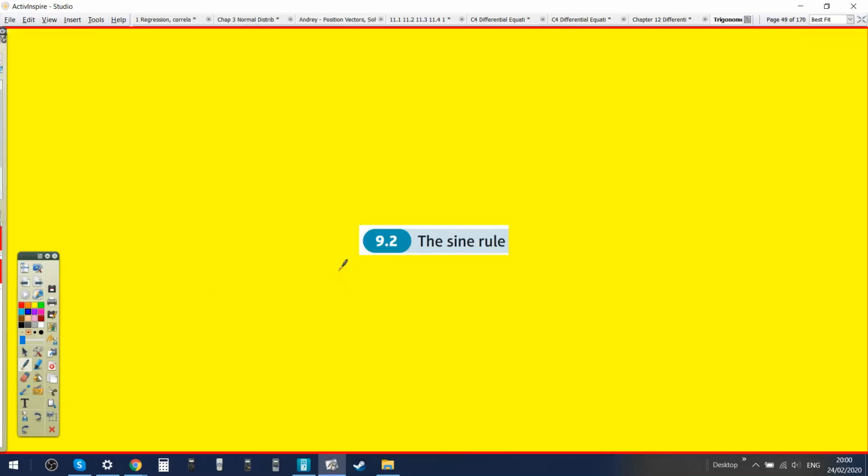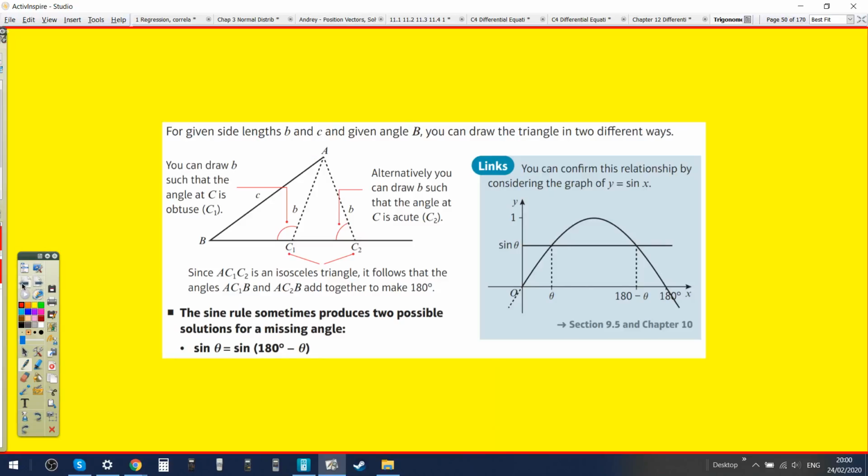Yeah, so sine rule, what do you give yourself there? A tick. Well done. And then you have all the other stuff that comes